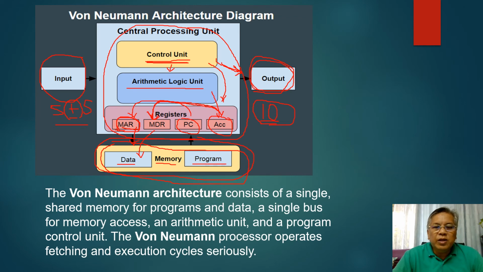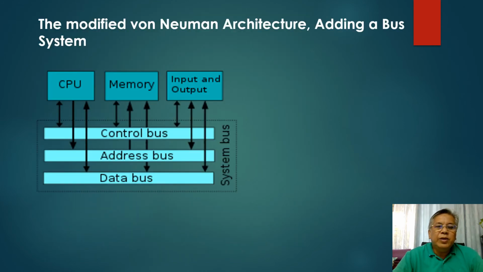So the von Neumann architecture consists of a single shared memory for programs and data, which is this one here. And the von Neumann processor operates by fetching and executing in cycles serially. Then we have here the modified von Neumann architecture,